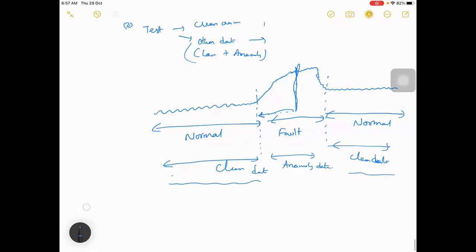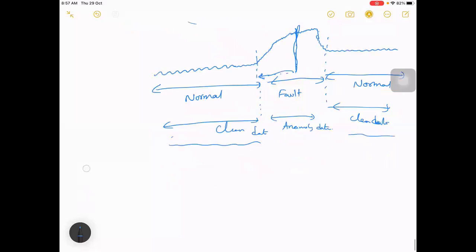This goes as input to the model, and you train it.